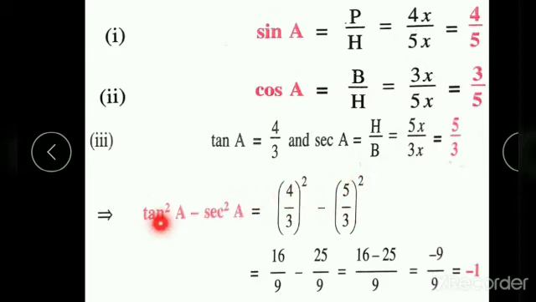So tan A is nothing but 4 divided by 3 square. Now when you square it, what do you get? 16 divided by 9 minus 5 square is 25, 3 square is 9. So since you have the same denominator, you can write it once, 9, and 16 minus 25. 16 minus 25 gives you minus 9, divided by 9. 9 ones are 9, so you have the minus sign, so you get the answer as minus 1. Okay, did you understand this problem? Okay, we'll move on to the next one.